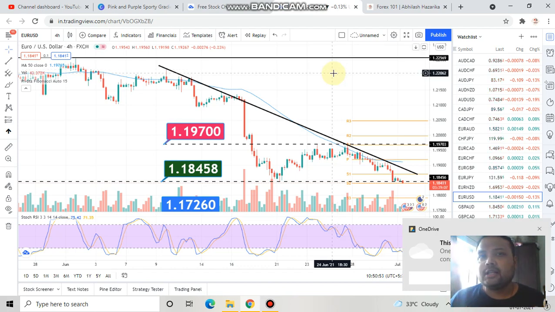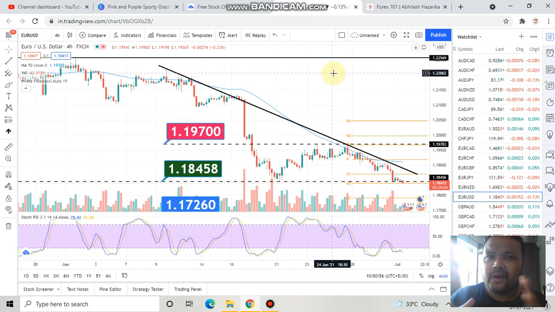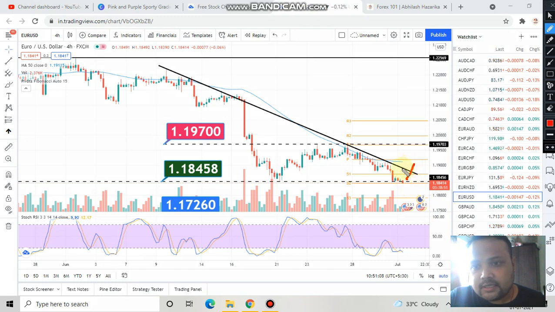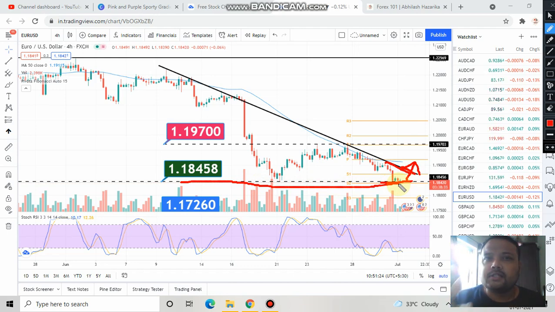So in a market condition like this, when things are not very clear, where things are messy, you should just avoid. It will be better for you to wait for the NFP release so that you get some good move in the market. After the NFP release, there is a possibility the market may see some good buying pressure, and if market crosses this black line, this trend line in your charting platform, then you can go for a buy order. And if market crosses this support level on the downside after the NFP release, you can short the market. But right now market does not have the volatility, market does not have the movement,